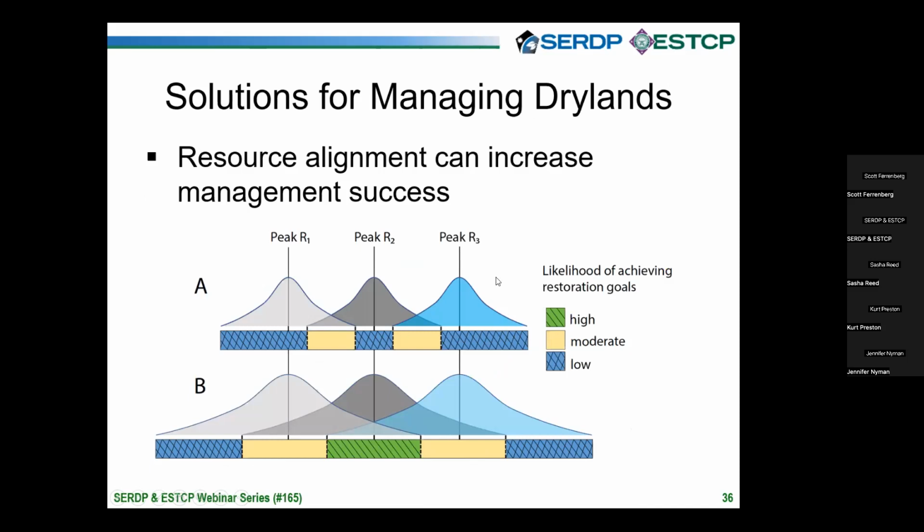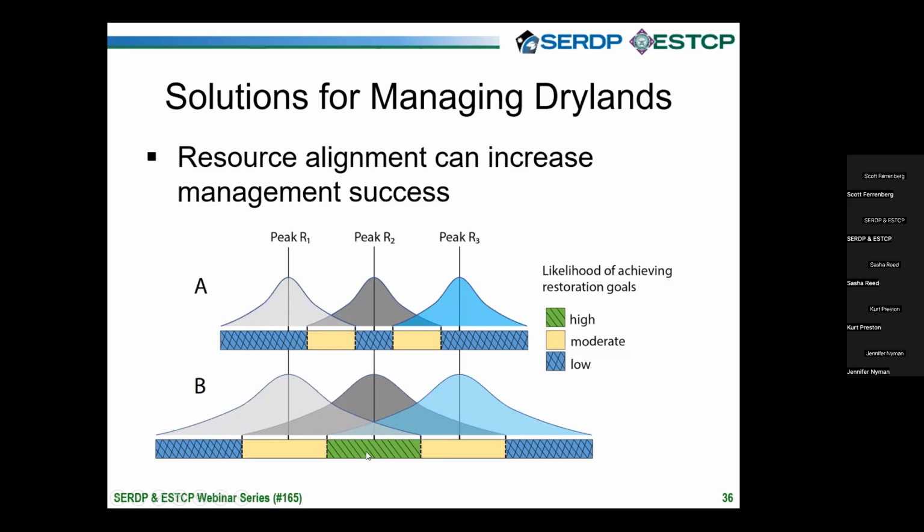So if you look just at this A part of the figure here, this is a paper that we wrote as a part of this project. We see that there's a resource, and we could imagine this might be nutrient availability. Perhaps this second resource that's becoming available could be seed abundance. The third resource, water availability, that if we can time our restoration efforts, maybe adding seeds at a time when the resources occur, we could have higher success. And if we could get all three resources to occur together, we might see much higher success in restoration efforts than we've ever been able to achieve in a lot of these challenging drylands.